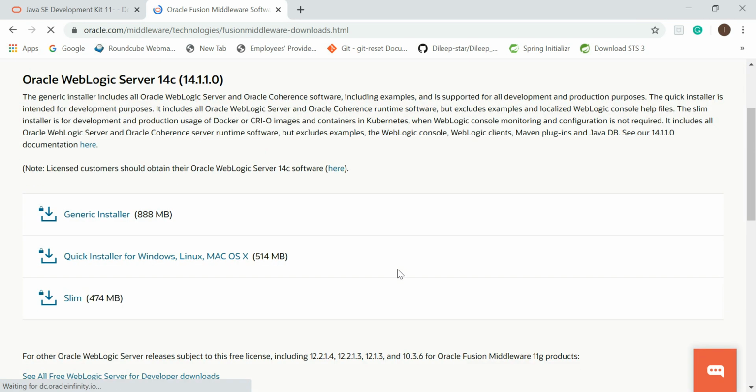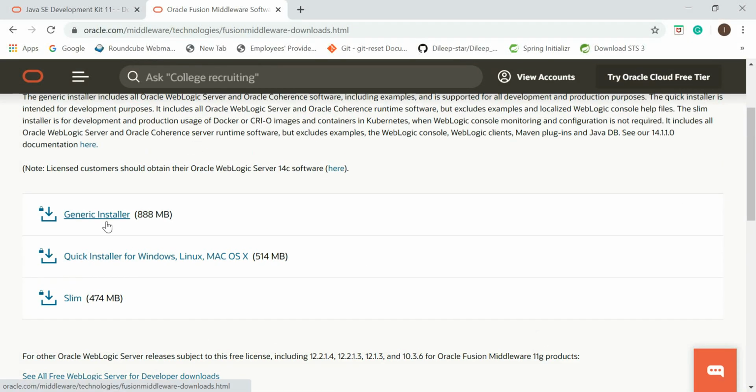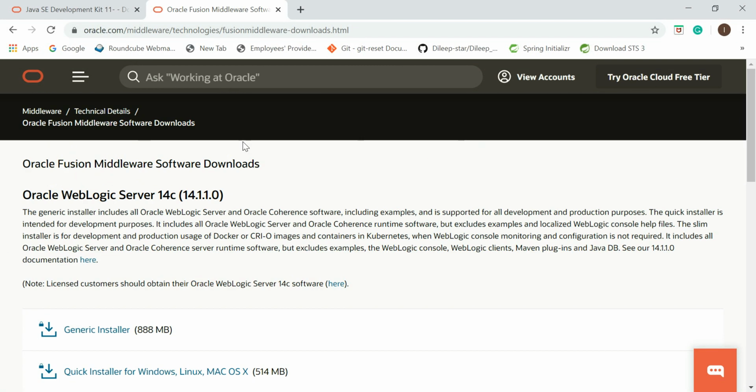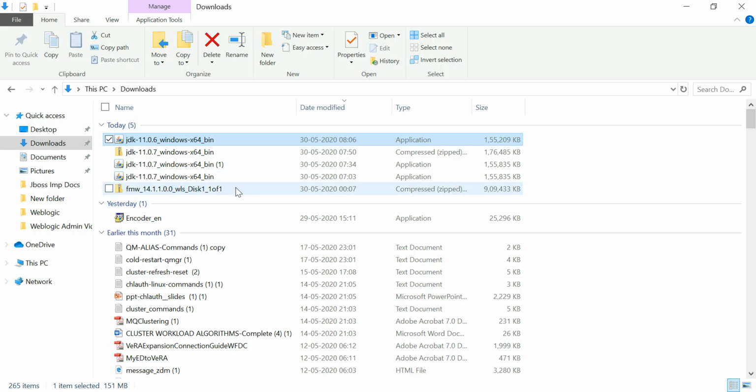Here we can download WebLogic 14c. I have downloaded the generic installer. I have already downloaded that one. This is the one.